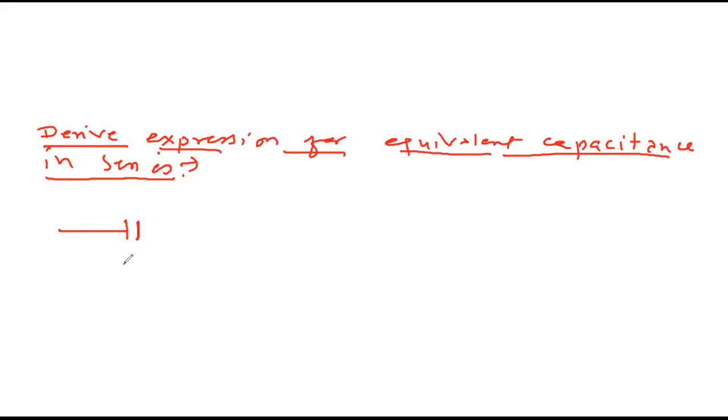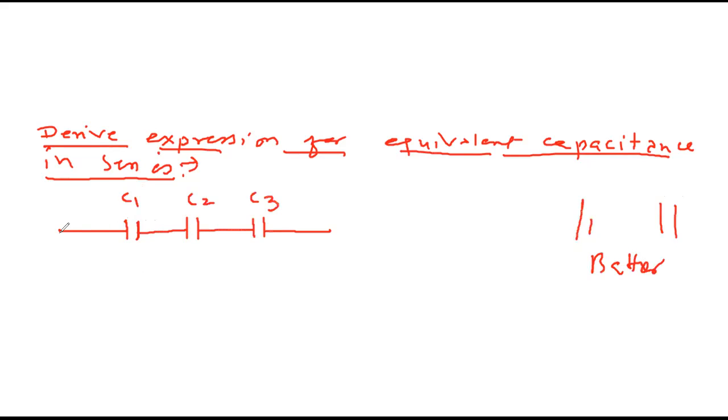These two vertical lines of same length is condenser or capacitor. One longer, one shorter is called battery. So two lines of same length is called condenser. This is C1, C2, C3. So consider three condensers of capacity C1, C2, C3 to be connected in series across battery of voltage V to